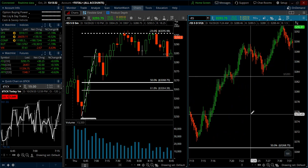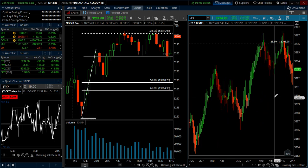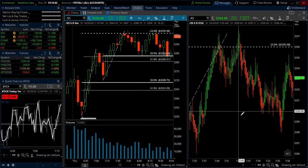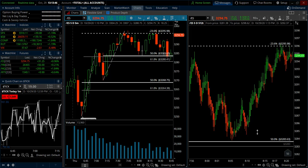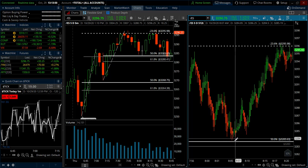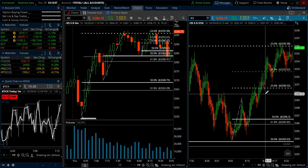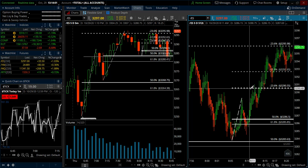And then if we go just a little bit further, it completed its target and pulled back into the next retracement, right to the 50% retracement. This guy was a bummer. Nice touch on the 50, right at the top of the first 30-minute range, broke the swing high, dropped a long like that. It ended up running pretty good, but just came down and got ticked out of that one. So